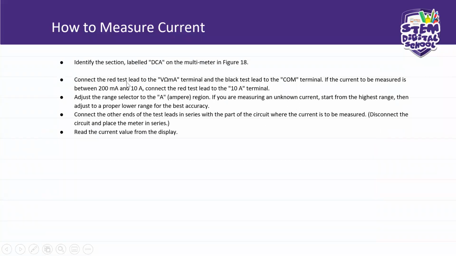Connect the red test lead to this symbol, to that terminal, and the black lead to common. If the current to be measured is between 200 milliamps and 10 amps, connect the test lead to the 10A terminal. Okay, adjust the range selector to the A ampere region because you are measuring what? Current. If you are measuring an unknown current, start from the highest range, then adjust to a proper lower range